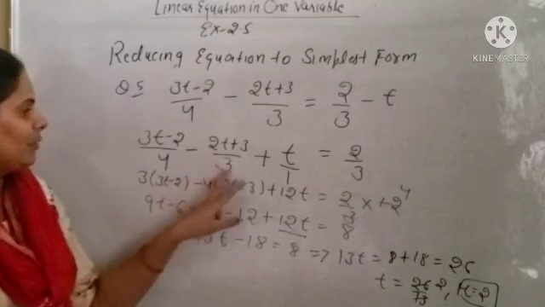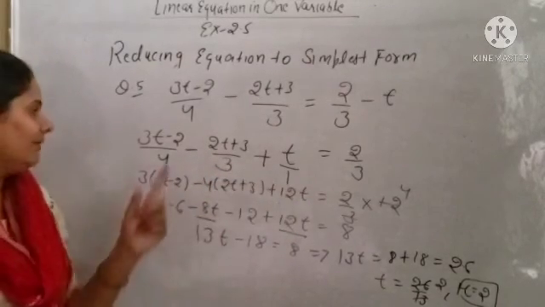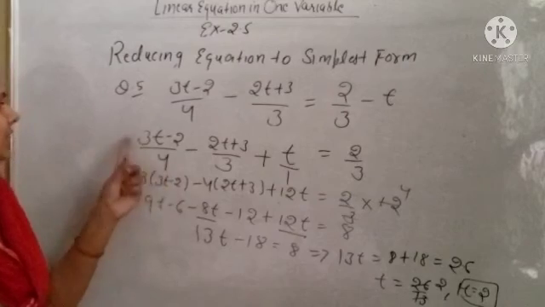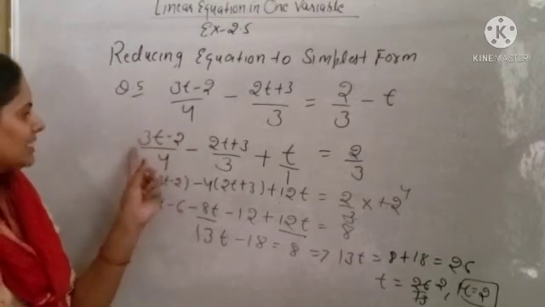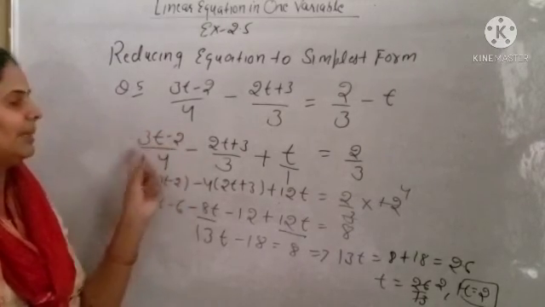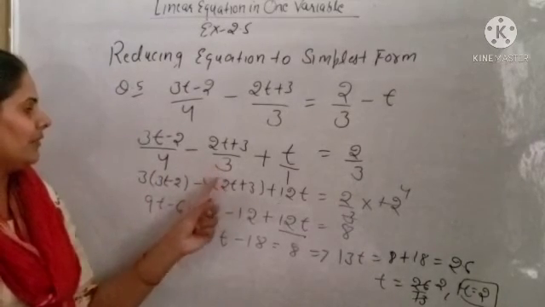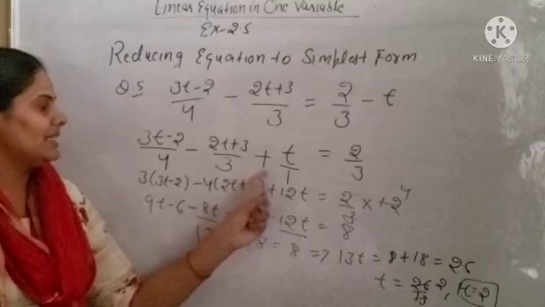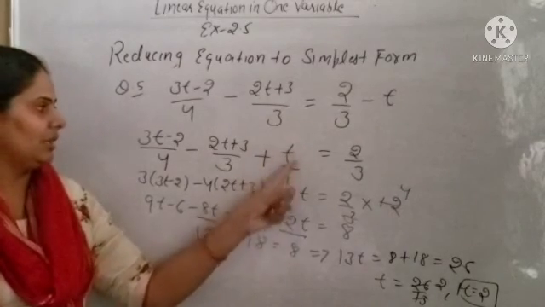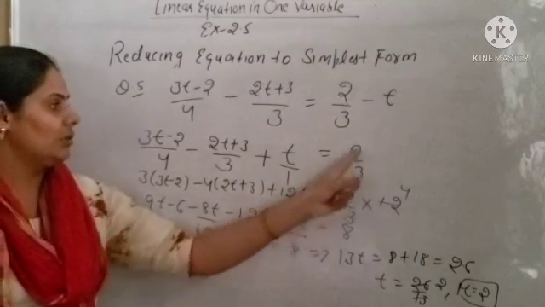So second step, you will take the LCM. So what will be the LCM of 4, 3 and 1? So it will be 12. So 12 divided by 4 is 3, into this form, which means you will multiply 3 by the complete 3t minus 2. So 3 into (3t minus 2), 12 divided by 3 is 4, into this number, plus 12 divided by 1, 12 into t. So it will be 12t is equal to 2 by 3.